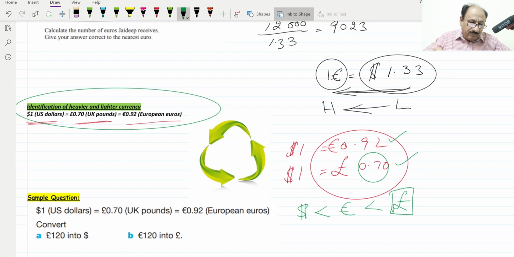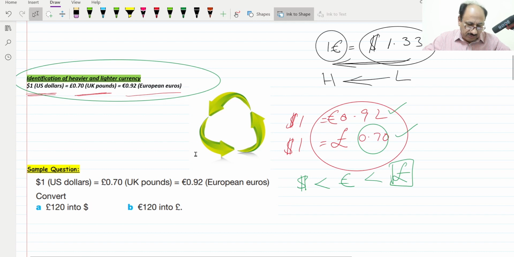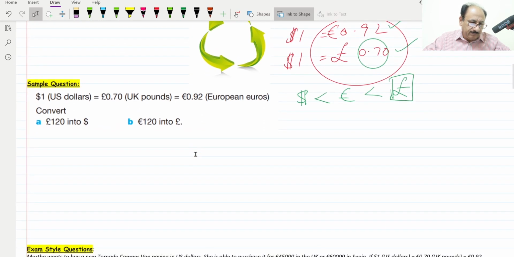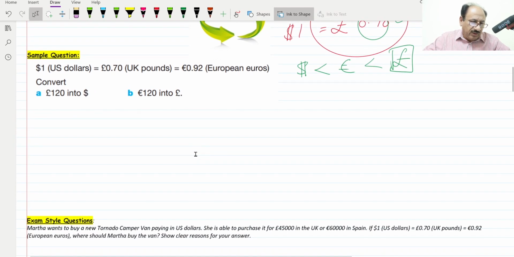So this type of situation we are getting in past paper questions, in which they have given three currencies and you have to interconvert those currencies. The similar type of question I have taken over here so that you can get practice of it. Sample question: 1